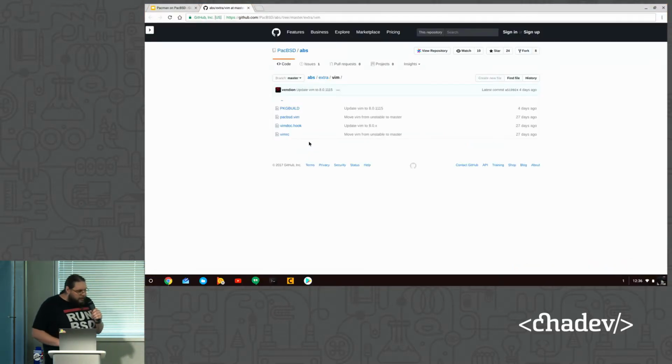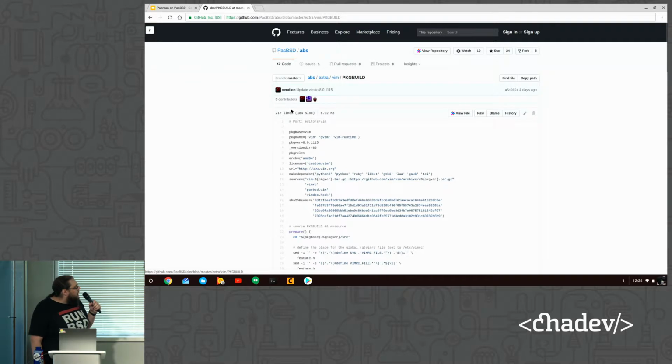So a quick look at what ours looks like. It'll be very similar to the Arch Linux one. I'll really only point out the differences. The first one is this line here, which tells,